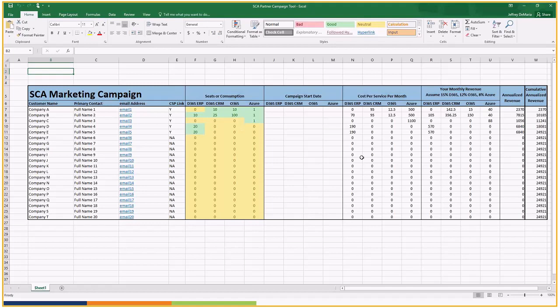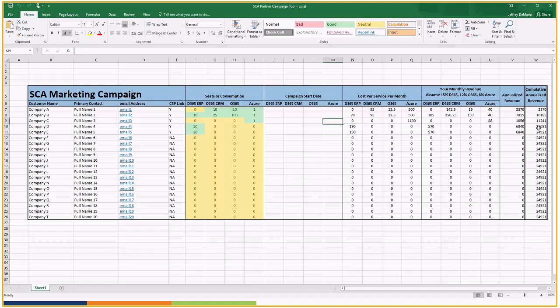You set the pricing for it here. It's $190 per seat. It takes the calculation and gives you the annualized revenue. Then down here on the right side, it gives you the cumulative annualized revenue. So if you have a portfolio of customers, let's say there are 20, you can have a simple pro forma revenue model built out for you. Each one of these would be specific.